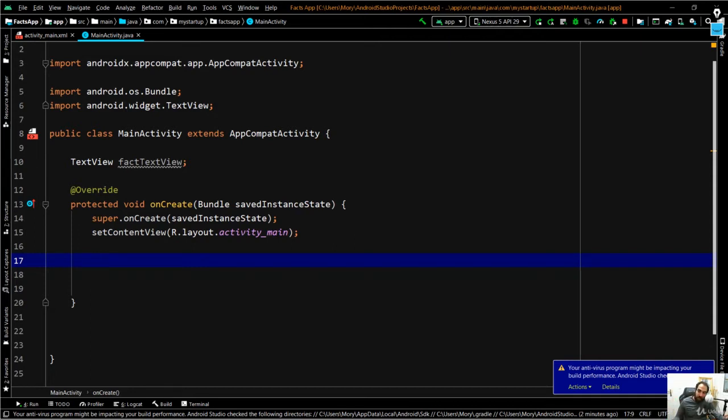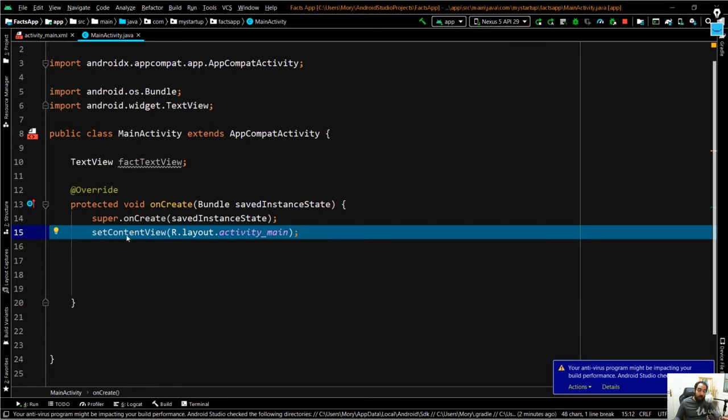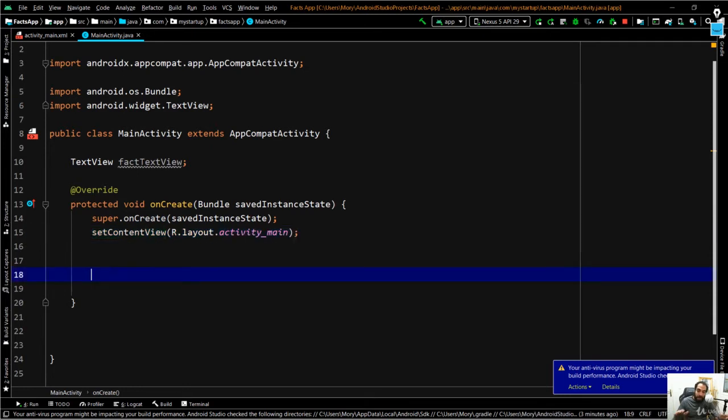So you go inside the curly braces of this onCreate method. First, we've got the super.onCreate. Then we've got the setContentView. This is the most important method because without this method, nothing will show on the layout, on the screen. After the setContentView and before the ending curly brace of this onCreate method, I'm going to say fact text view